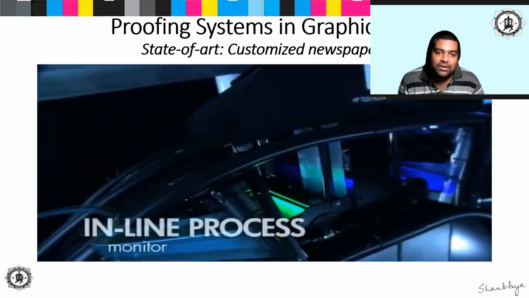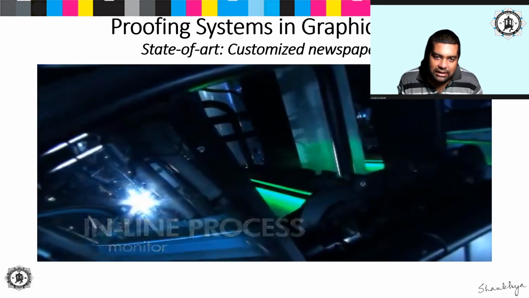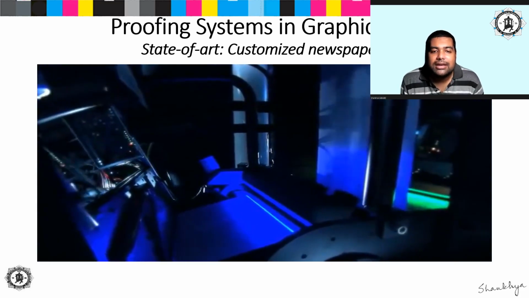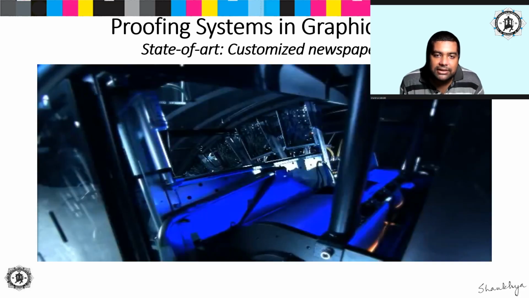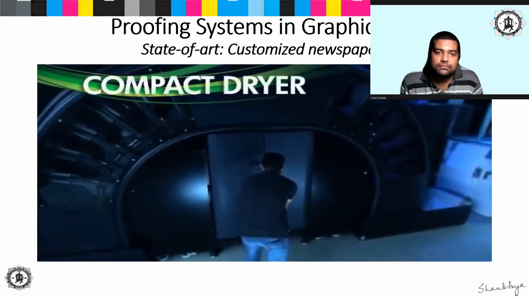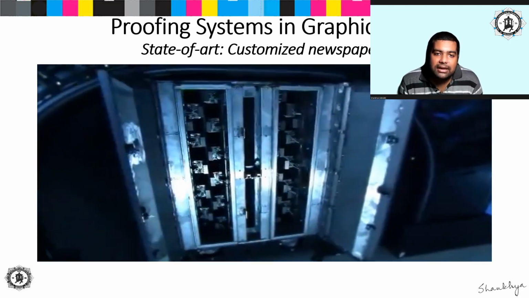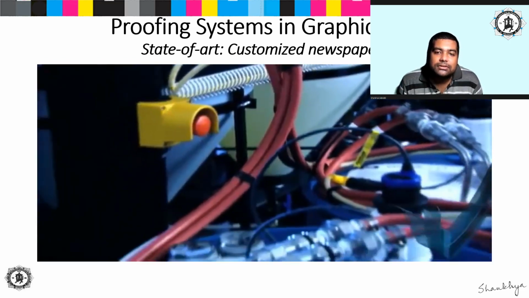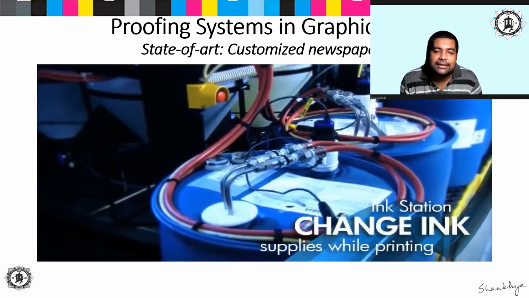2 inline process monitors use machine vision systems to maintain consistent, predictable print quality on both sides of the web. They perform printer calibration and printhead alignment during startup and after roll changes, whenever a printhead is replaced. They also watch nozzle health during the printing operation. 2 dryers fit inside the press between the print engines, saving valuable floor space. They have to be dried. The operator can adjust dryer settings for more efficient use of power. Built-in ink tanks supply the print engines during operation, and they can be refilled without stopping the press.